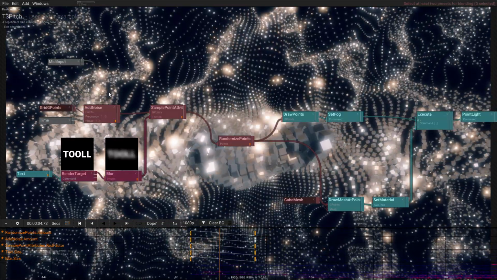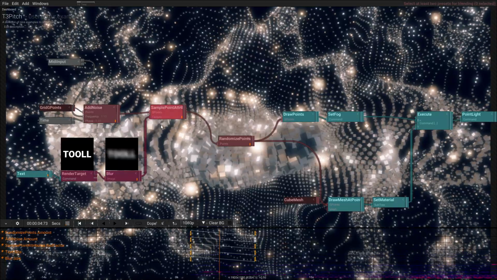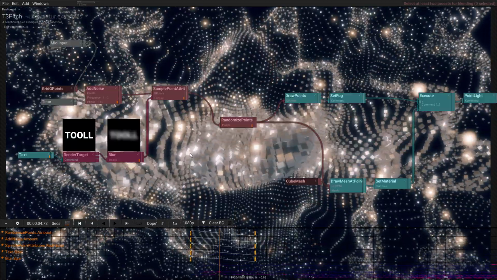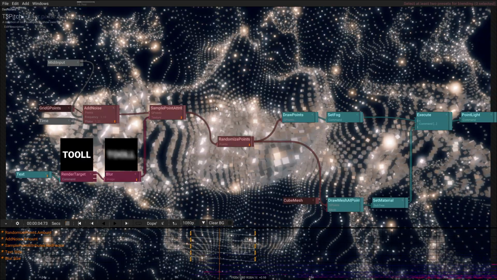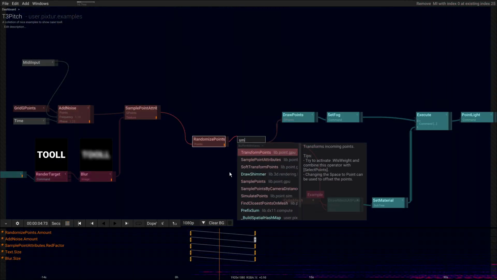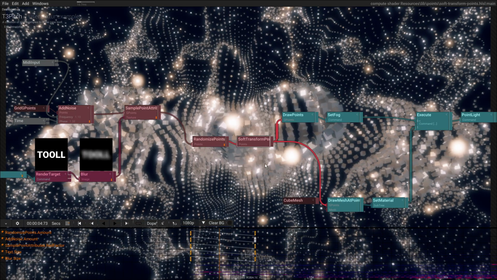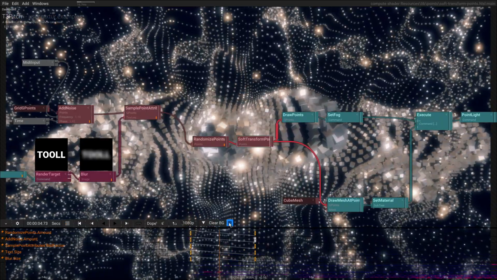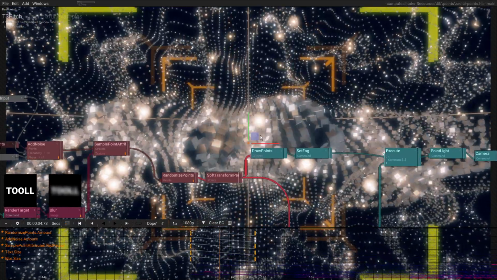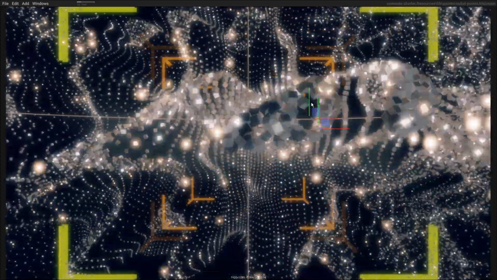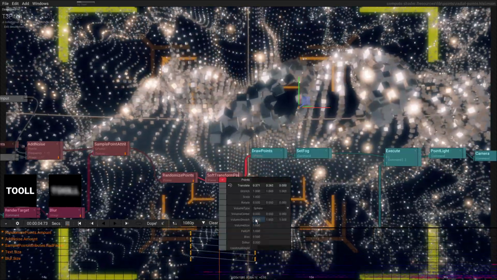Since these computators here can be combined in very flexible ways, you could do things like, let's say, smooth transform, soft transform points might be a good example. So if you turn on the gizmo here, you could do things like move these points around. Okay, this looks interesting.